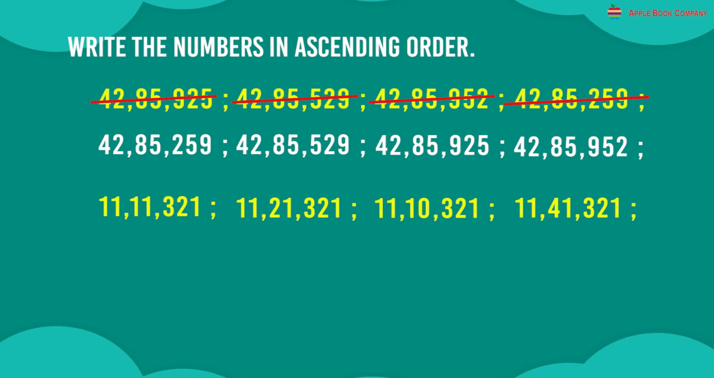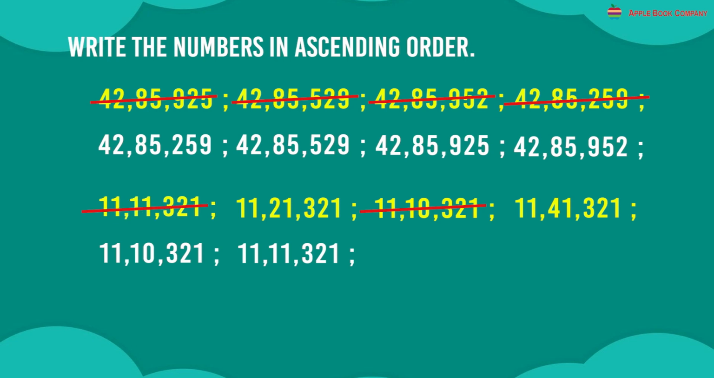Let's compare the third number 1, 2, 1 and 4. Since we have one common, let's compare the next number 1 and 0. Since 0 is less than 1, the first number in the sequence becomes 11,10,321 and the next number is